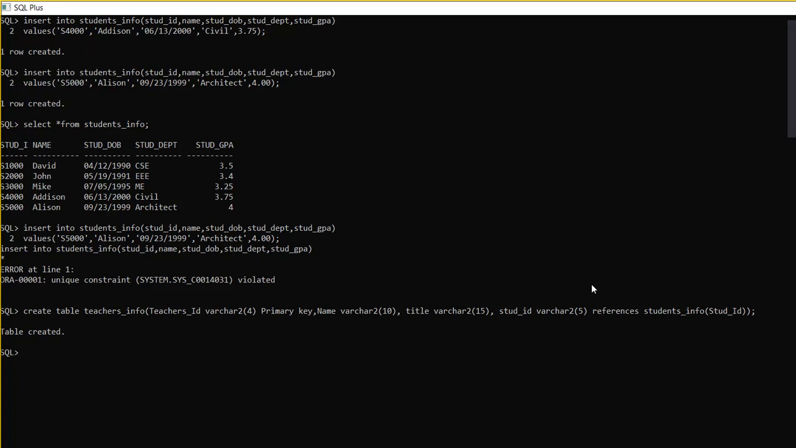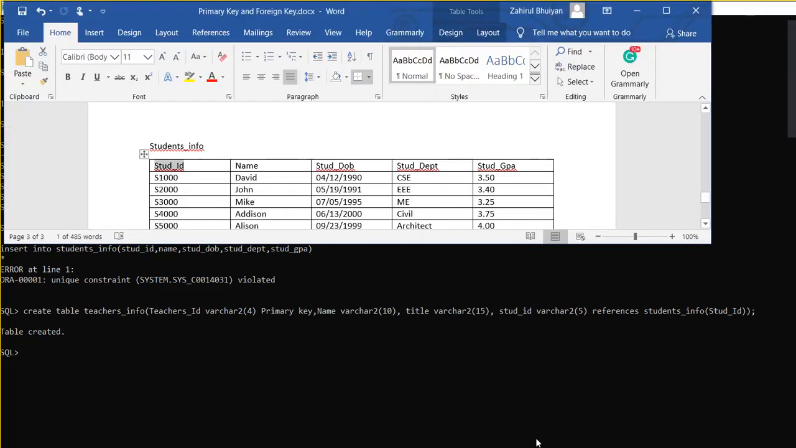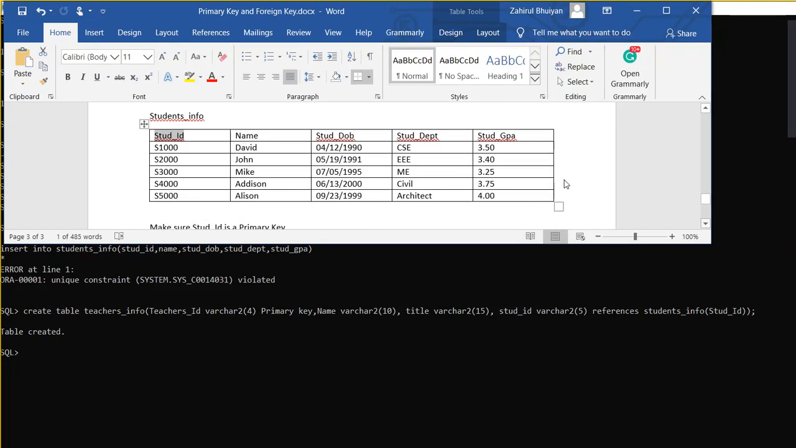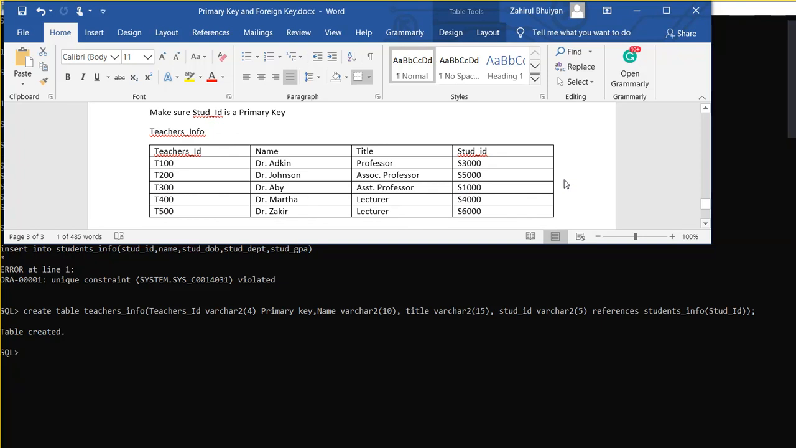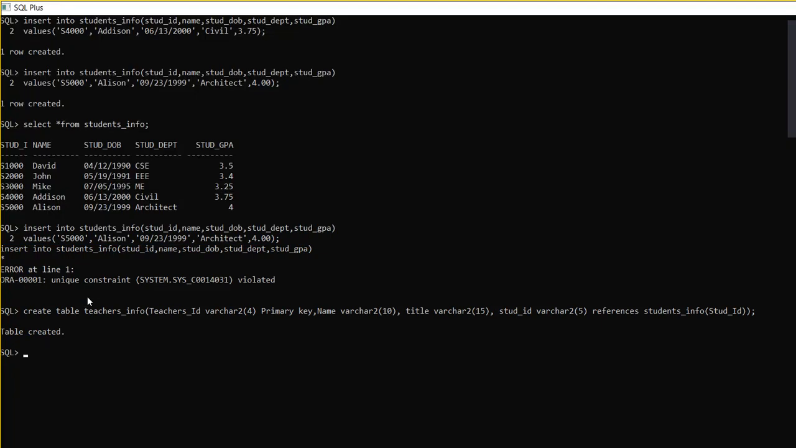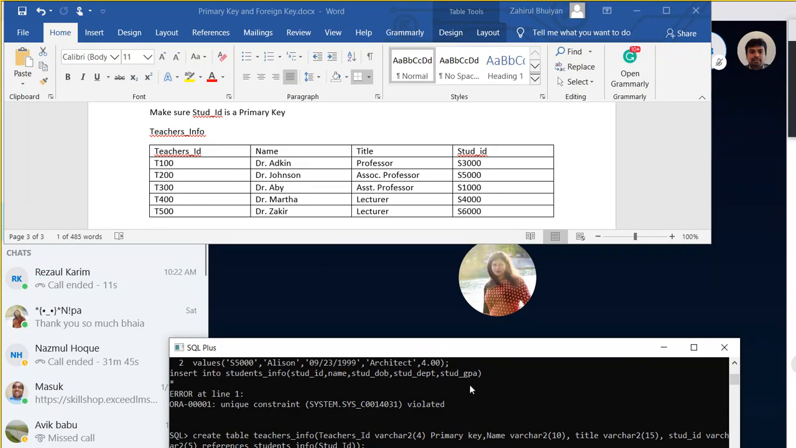let's try to insert the data for this particular table. If you take a look here, if we go back, teachers info, right? We have T100 and Dr. Edkin, and then we have professor, and S3000 is his student, right? So if I do an insert statement here,